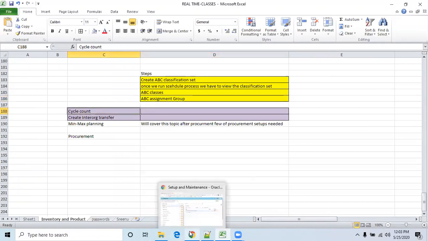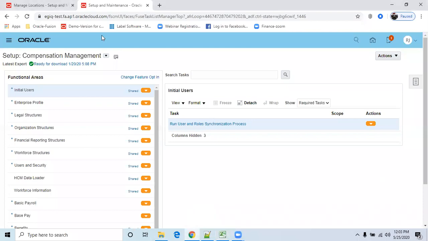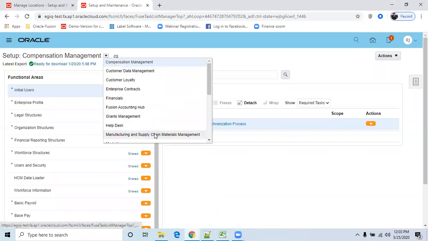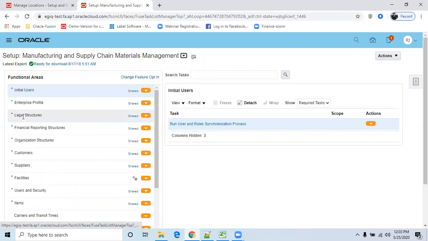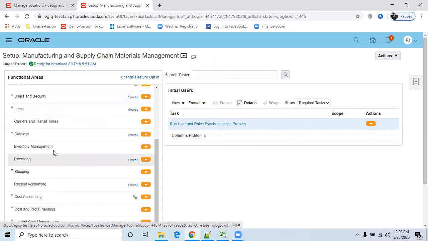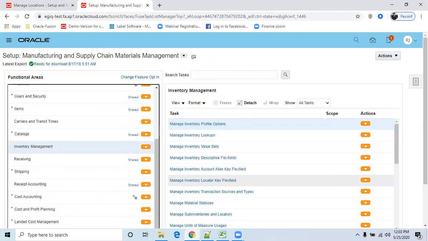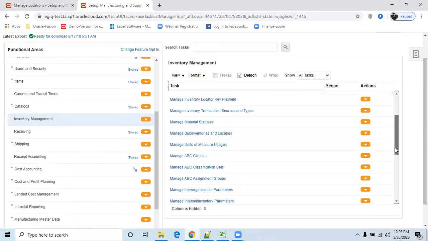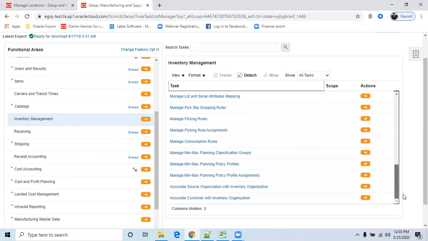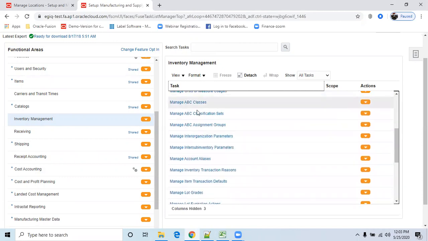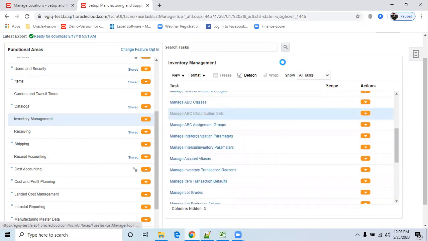Okay. So we'll go to setup and maintenance. Go again to manufacturing and inventory management. So here you can find manage ABC classification set. So open this.